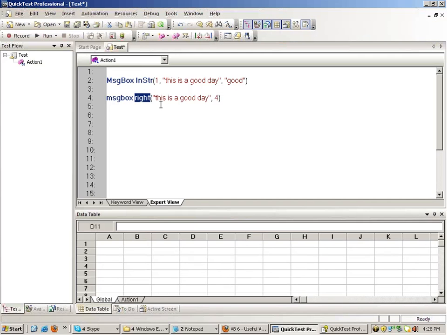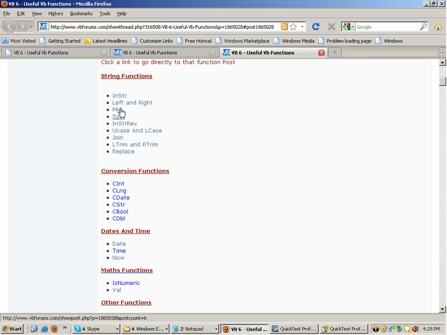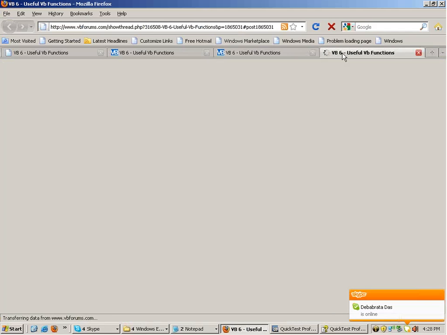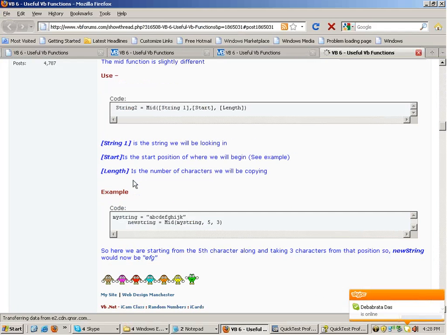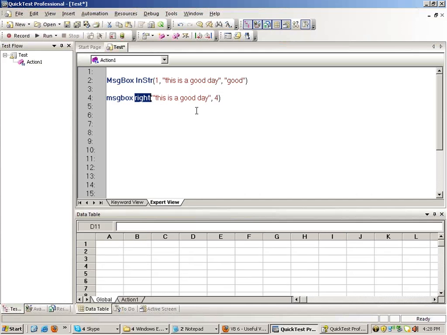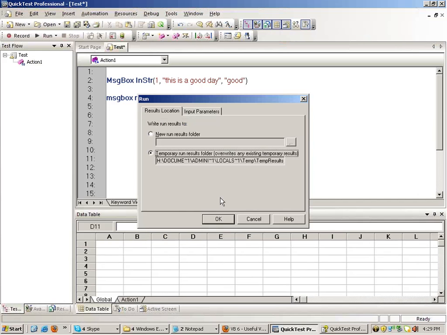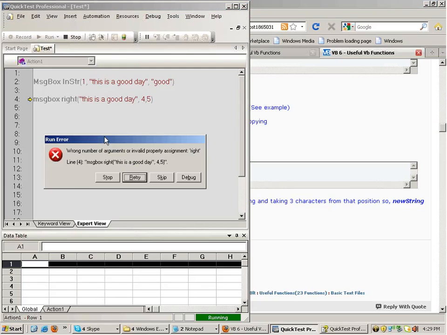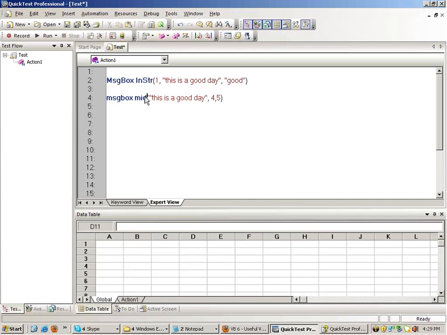The Mid function, which is out here, will cut the string from the middle portion. For example, you write over here 4, 5.